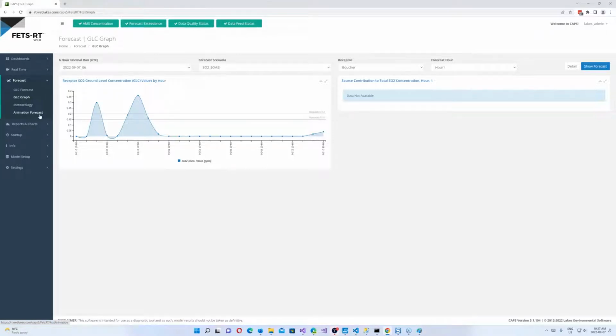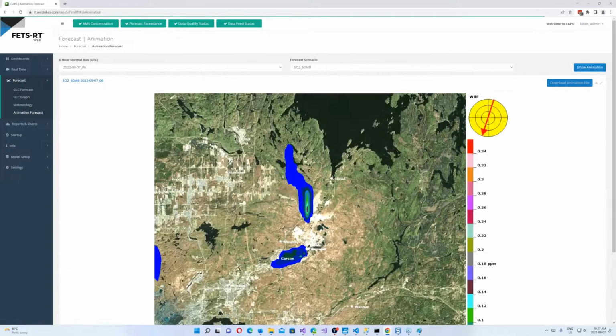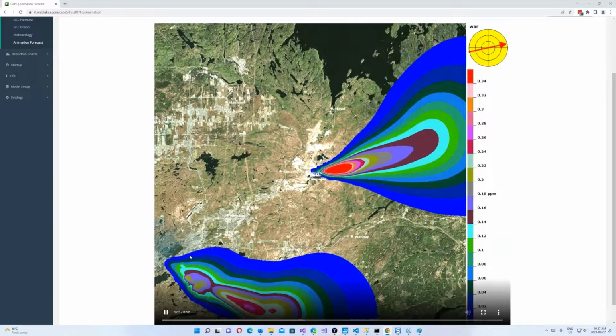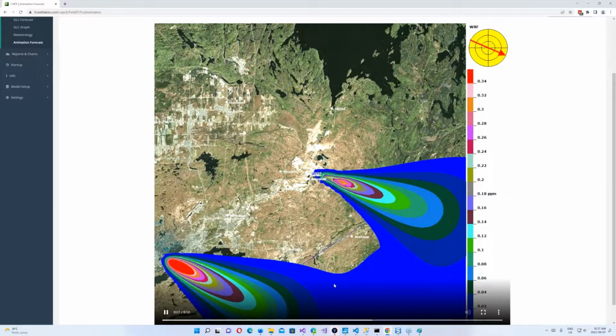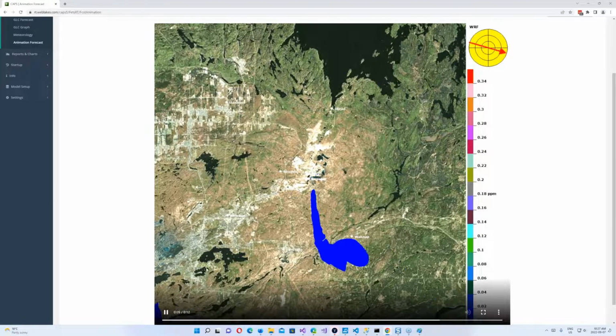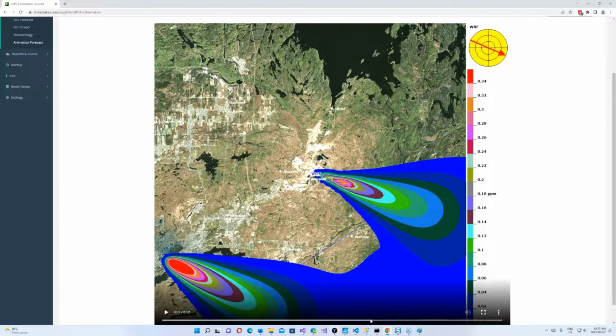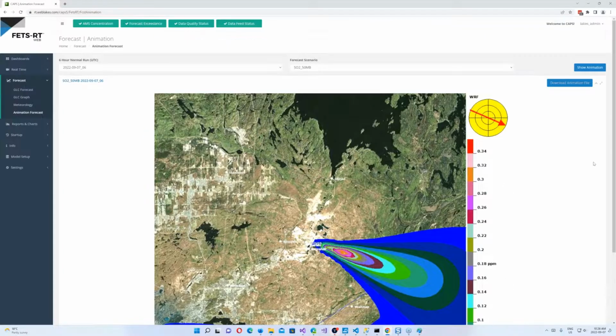Lastly, I just wanted to close out, because I know we don't have a lot of time, we want to leave time for questions. We can see the animation forecasts. And so here again, we can see based on the next 6 to 12 hours how our plumes are going to evolve and how they're going to impact off-sites. And we'll be able to look at those values and see where we saw the hits and the high points, and we can say, oh, okay, so here at this hour and this time of the day, we know that we need to do a control or a curtailment in the operation in order to avoid an exceedance or a stoppage.